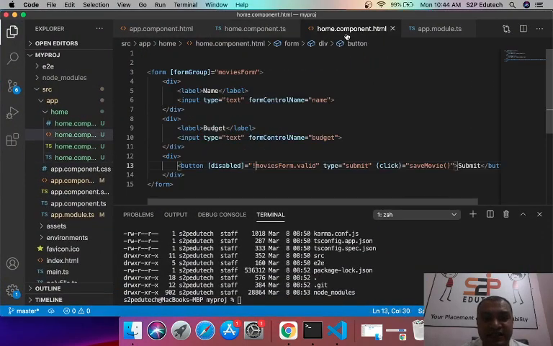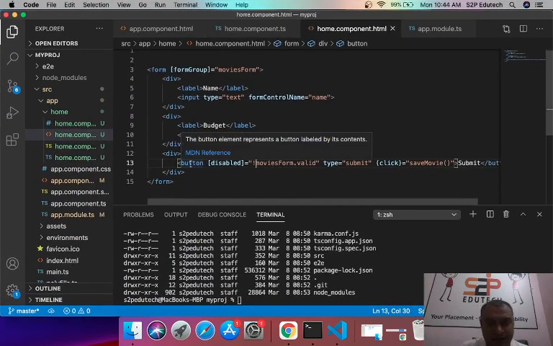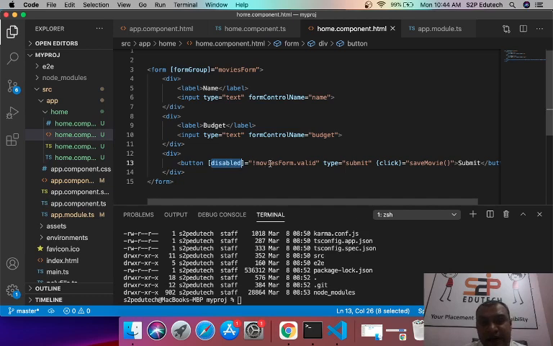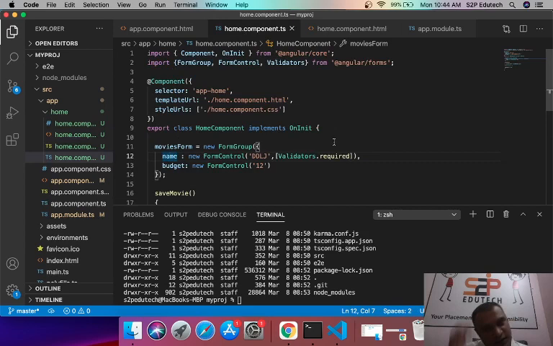So how did I put my validation? In my button, I'm having a directive or an attribute disabled, and in it I am saying if my movies form is not valid, using this not operator, this button should be disabled. And how would Angular understand whether it is valid or not?